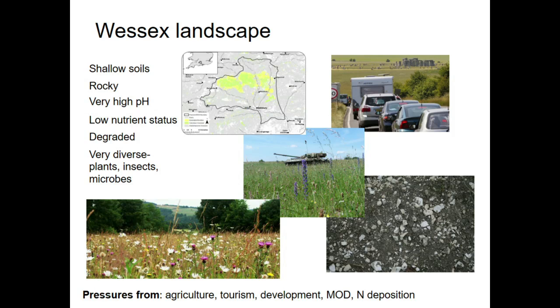But if you leave these grasslands alone, in their species-rich incarnation, in the bottom left corner, it's some of our most diverse grassland in Europe, and you can have up to 40 or 50 species per square metre of grassland plant, which is incredible, really. So it needs to be protected. A lot of it is very highly degraded. If you get nitrogen deposition from airports and so on,